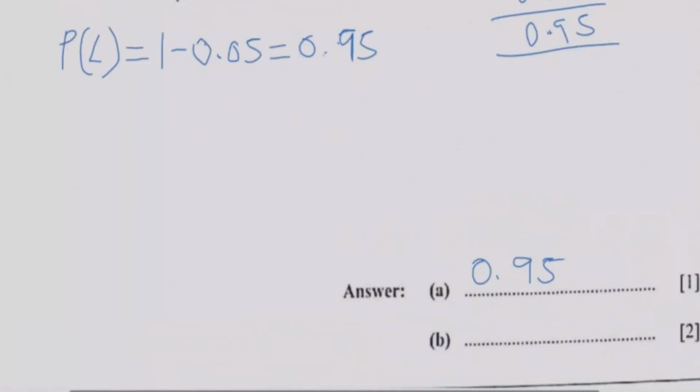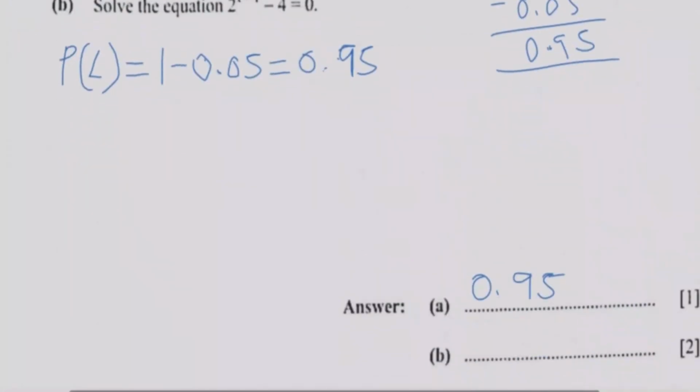Okay, now let's go to question B, which is to solve the equation 2 raised to the power of x minus 1, minus 4, which is equal to 0. Okay, so to solve this one, I'm going to write the expression. I'm going to say B. The expression is 2 to the power of x minus 1, minus 4